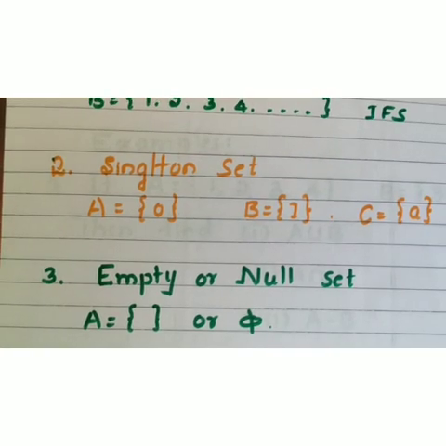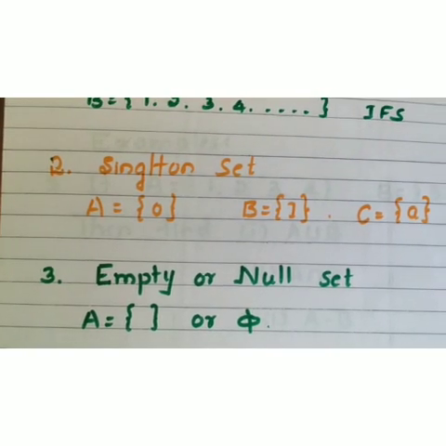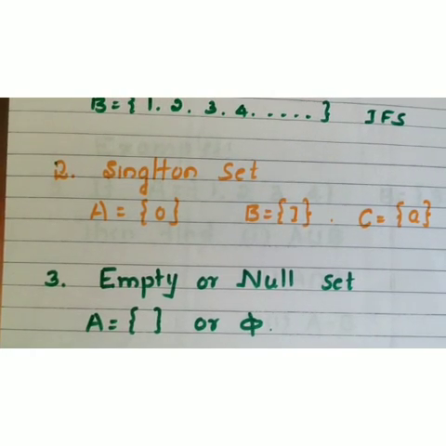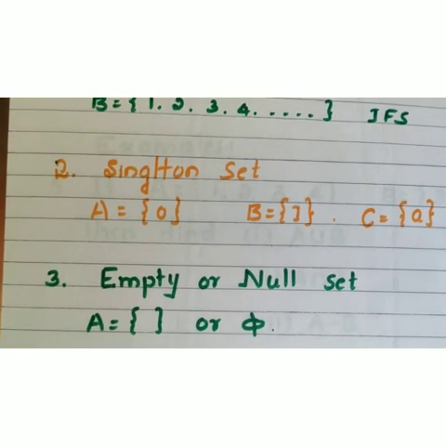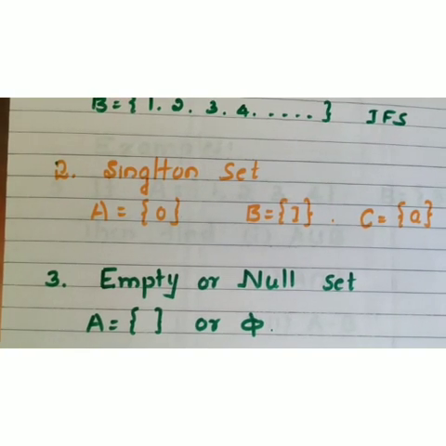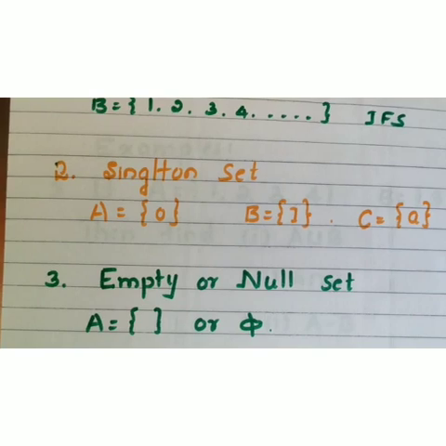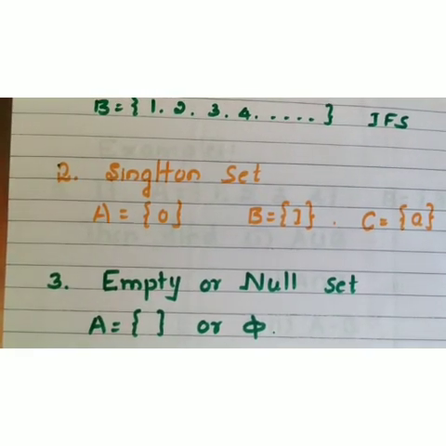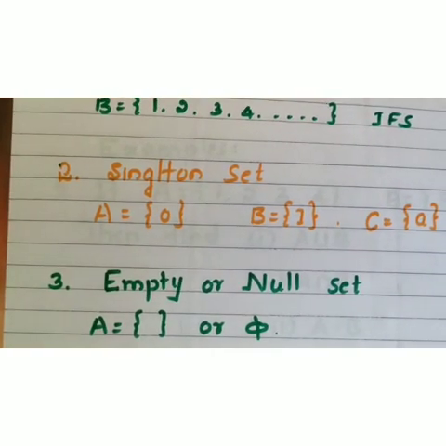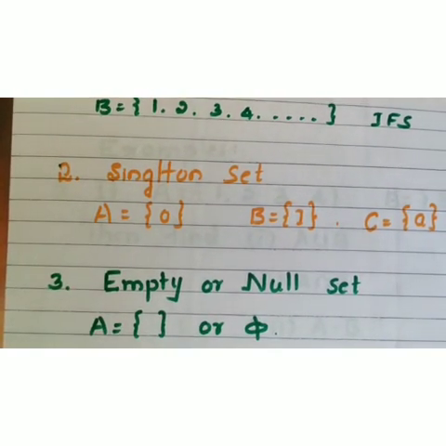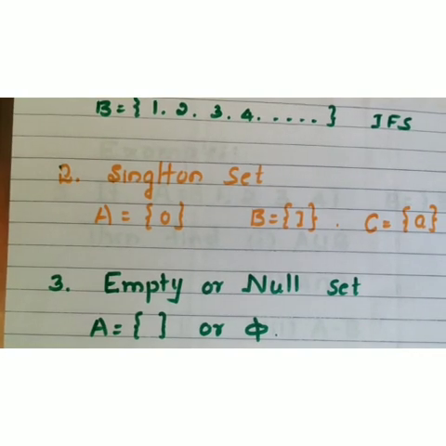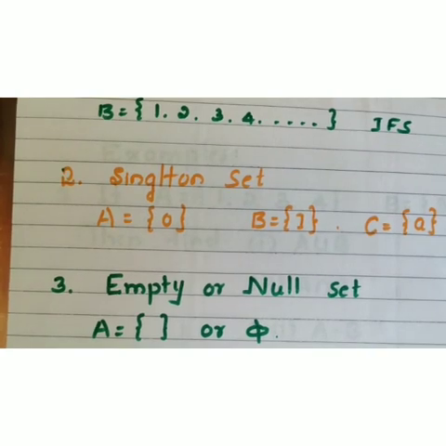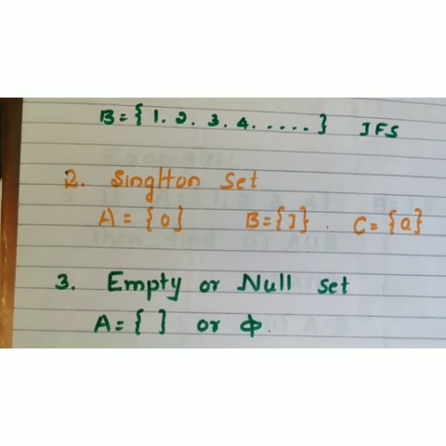Is it possible to give an example of a null set, an empty set? Try yourself. Give an example such that it has only the symbol of a set but no elements. In the next class again I will put the same question and I will say the answer also. Within that you can try to tell what is the empty set example. What is the definition of empty set or null set? A set consisting of no elements, with only the symbol, is called an empty set.